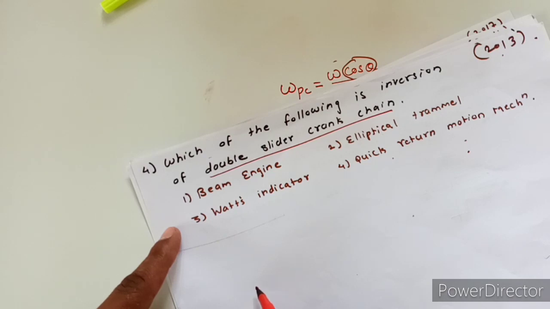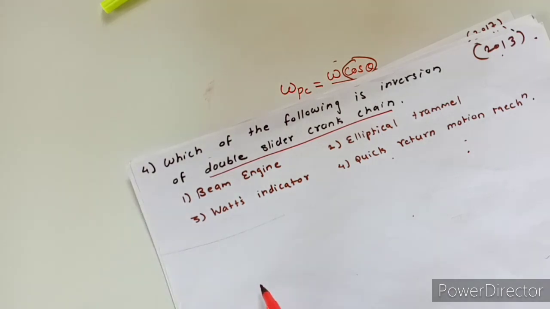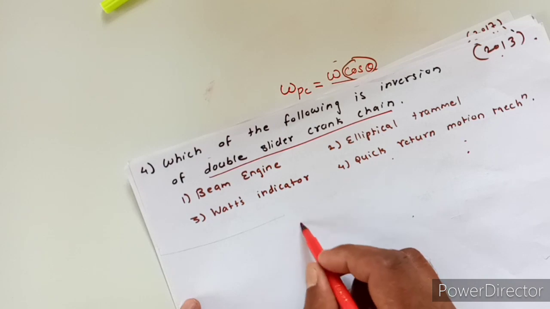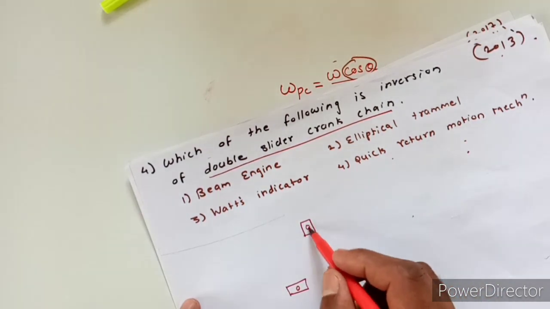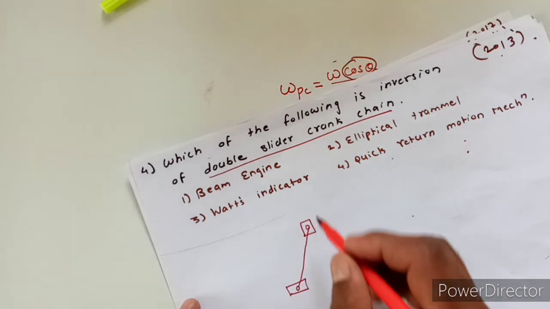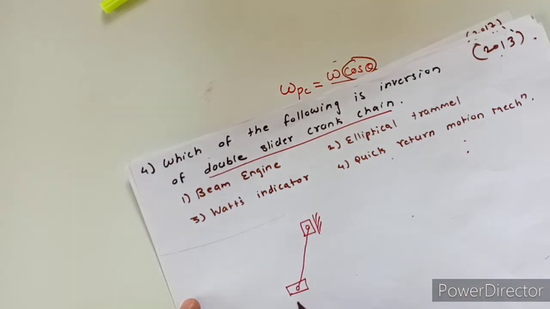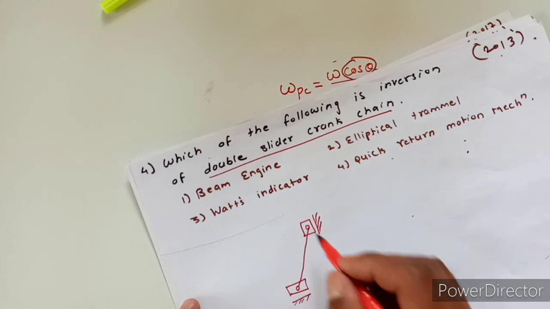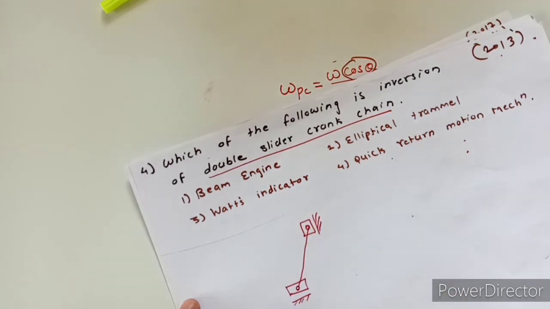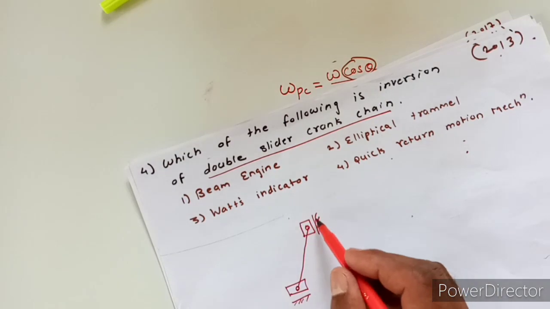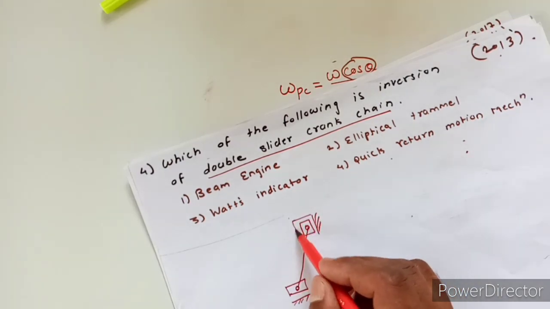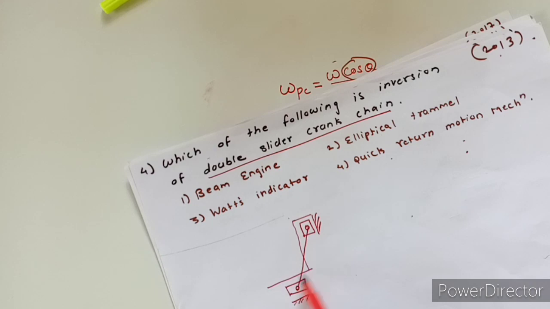We know that double slider crank chain has 2 sliders like this, connected by the binary link. So it has 2 prismatic pairs formed by these 2 sliders and 2 revolute pairs formed by this binary link, which is connecting these 2 sliders. Now the first inversion of double slider crank chain, which is obtained by fixing this link and changing the shape of the link,